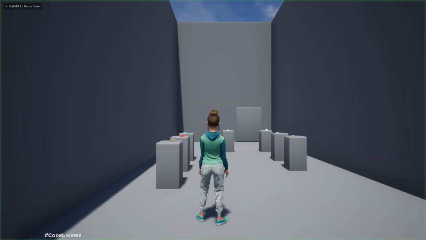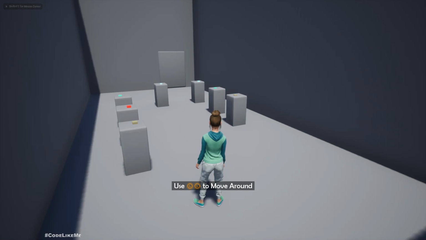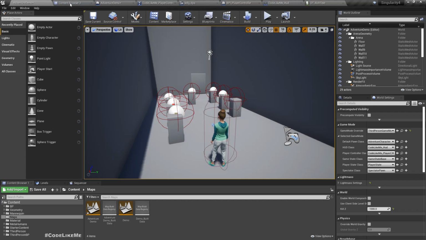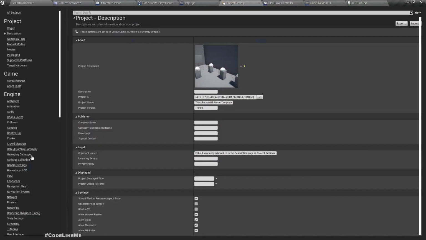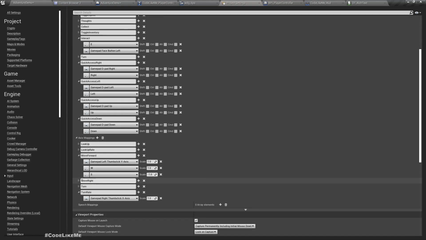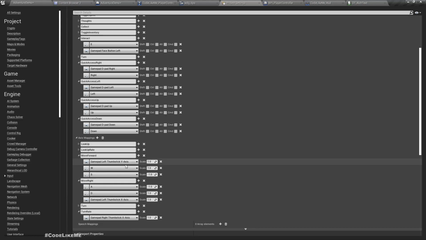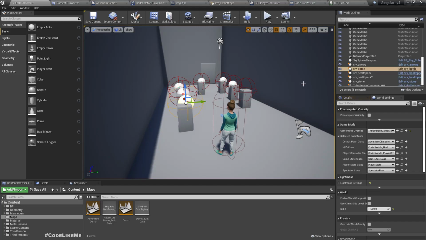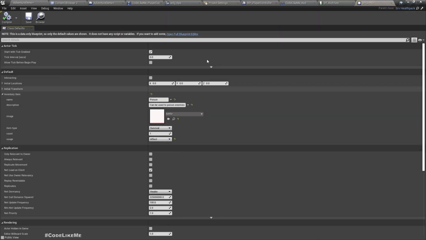Compile. Now if I play the game, press L to move around, we get LL because in here in the project settings, inputs, for move forward and move right, we are using gamepad left thumbstick's y-axis and left thumbstick's x-axis. So for both these input names we get left thumbstick image, so that's why we get LL. That's a special situation. So in that case we have to actually check that and show only one thumbstick image, but for the other one, let's see, let me open up one of these